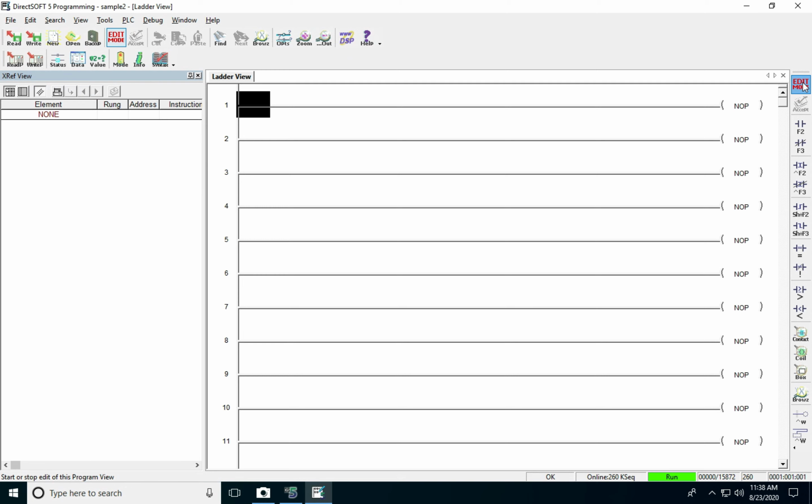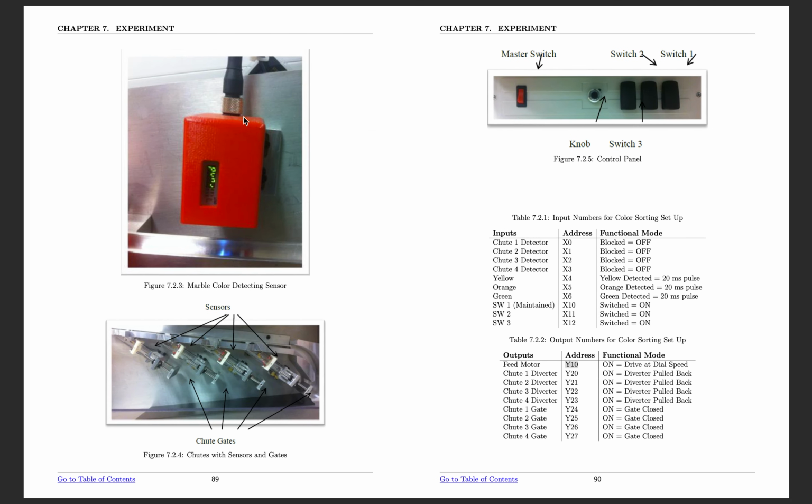Now I am going to create an OR logic in which if I press switch 2 or switch 3, I want to turn on the motor. So the logic is OR. So how can I do that? If you go back here, the input switch 2 is named X11 and switch 3 is named X12 and our feed motor is Y10.